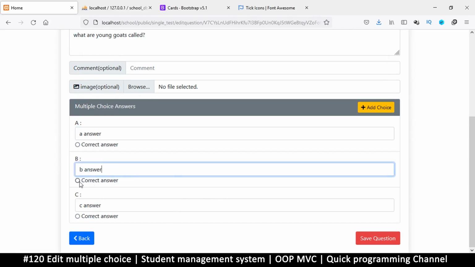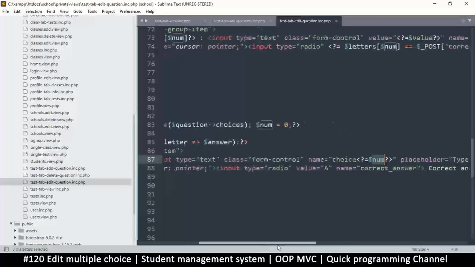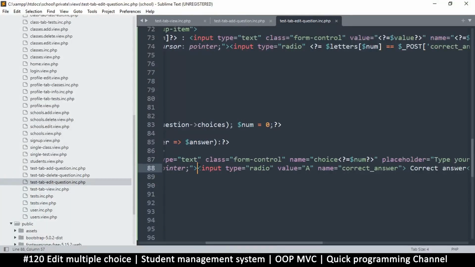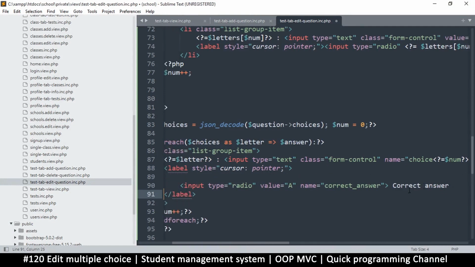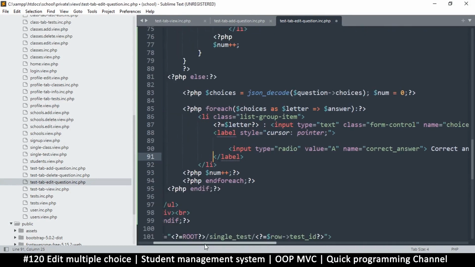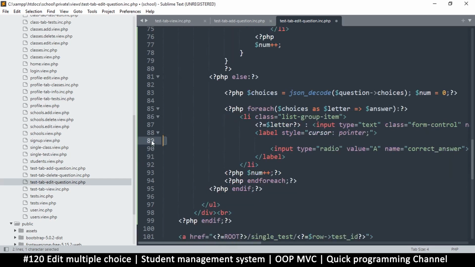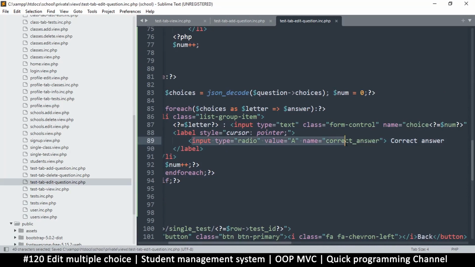The only problem is we don't have the correct answer showing. So let's see how we can begin to fix that. This one is inside this input here for correct answer. Let's move that label down here so we can clearly see what's really going on. Okay, so this is a radio button here, and all we need is to tick the correct place once